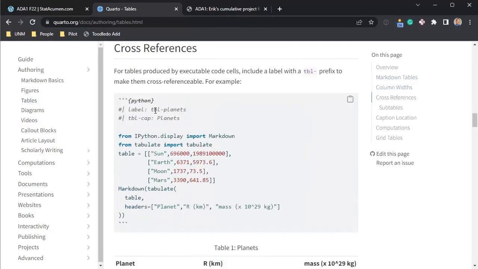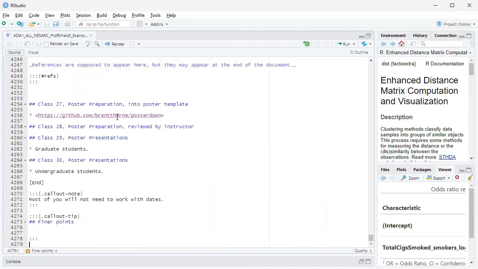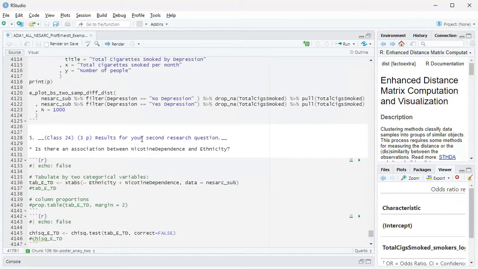So when we had figures, we had these prefixes of FIG for fig, for the label, and for the caption. And now that it's a table, the prefix is TBL. So I have just added that to my table. So if we come over to the RStudio code, and I'm going to go to the very bottom and page up to that table. All right, so here's the second